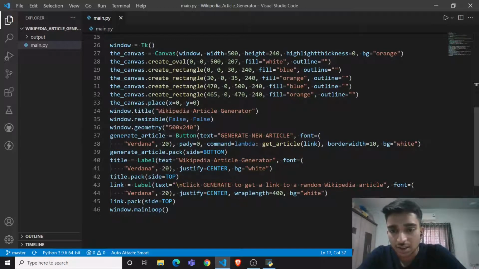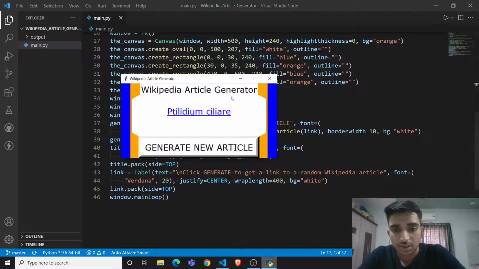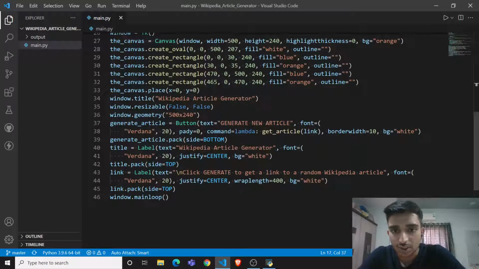And resizable works for resizing the GUI. We can see that this is not zoomable, because here we are giving false parameters. And then we call geometry on this window.